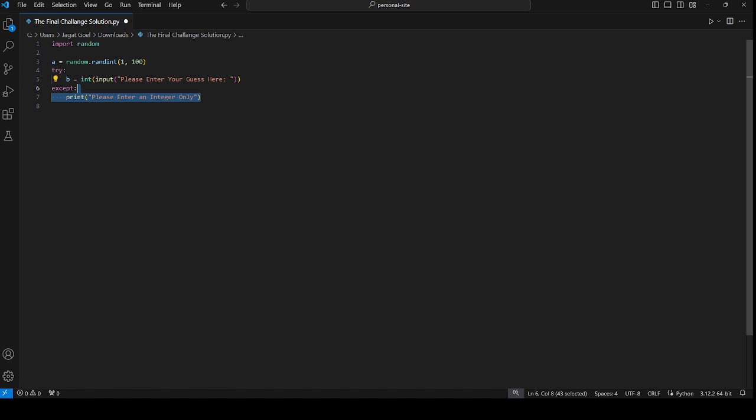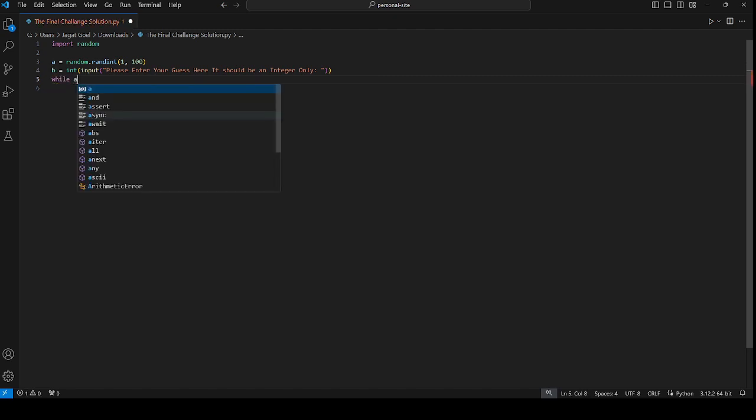Let's do one thing. I'll just remove this, enter your guess here, and I will type it should be an integer only. And here I'm going to type while A is unequal to B,